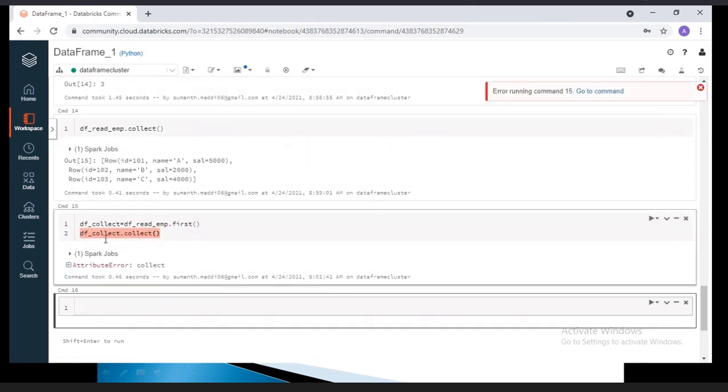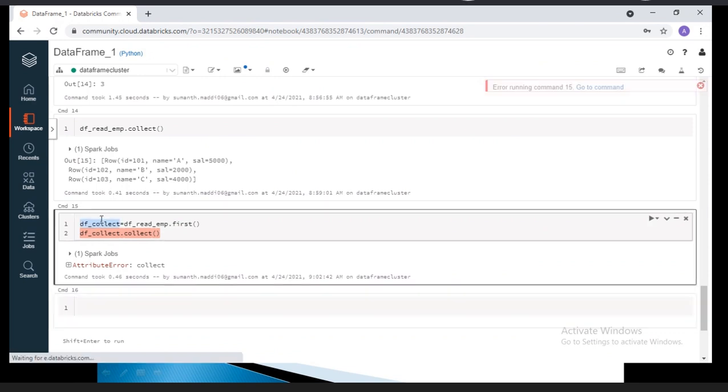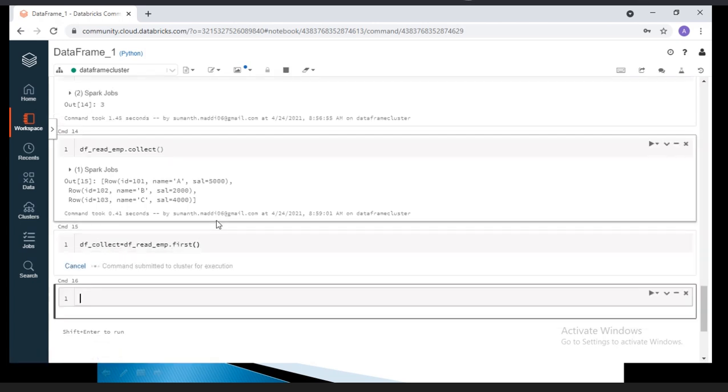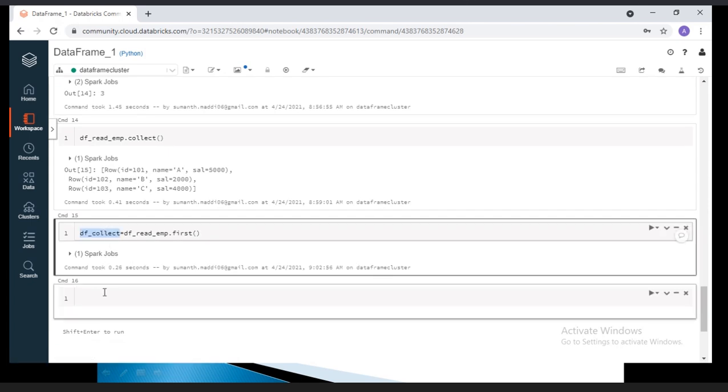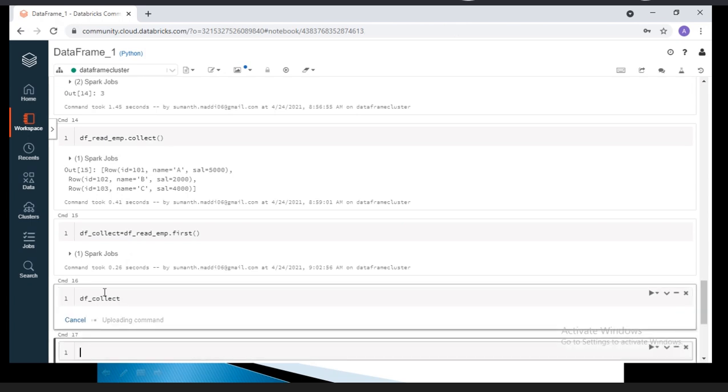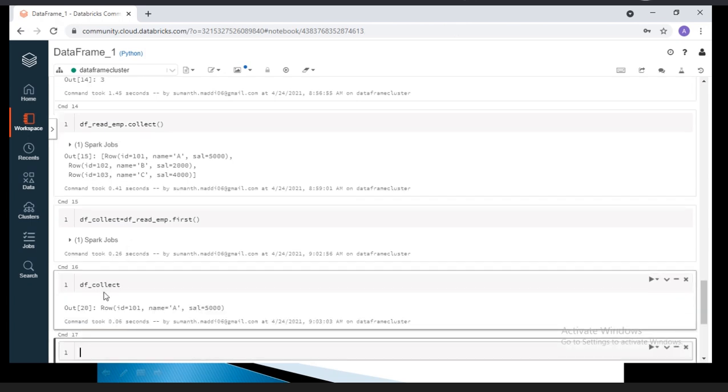Sorry, this is not a data frame, right? This is your list. Only you can see that first.